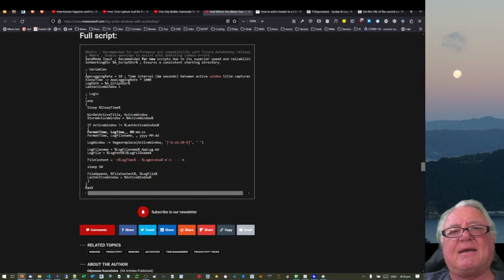So he's got this app logging rate at 10 seconds. So every 10 seconds, it goes through and just sees what the active window is. So it goes through this loop. Every 10 seconds, it goes through the loop, and it's got the sleep time there, which is the 10,000, and then it's in that loop continuously all the time, and it just sleeps for 10 seconds,